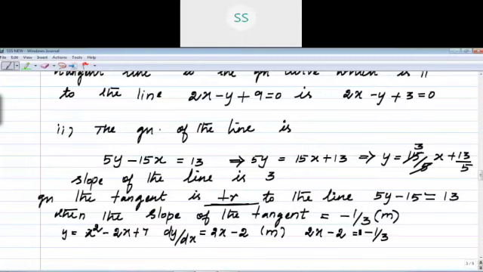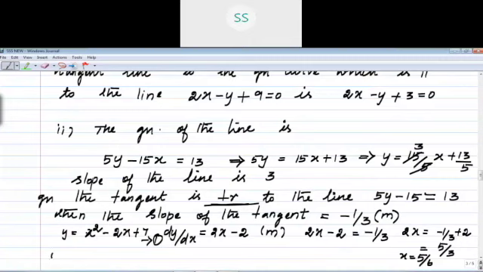Now what is your x? 2x equal to minus 1 by 3 plus 2, right? Which is equal to 5 by 3. 2x equal to 5 by 3. X is equal to what? X is equal to 5 by 6. Substitute x is equal to 5 by 6 in the first equation. This is your equation number 1 for your understanding, right?